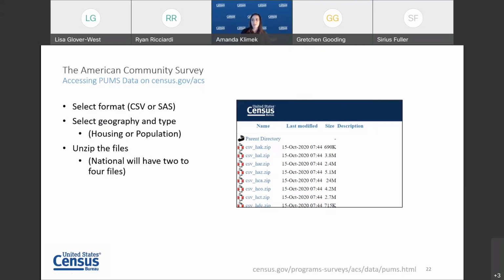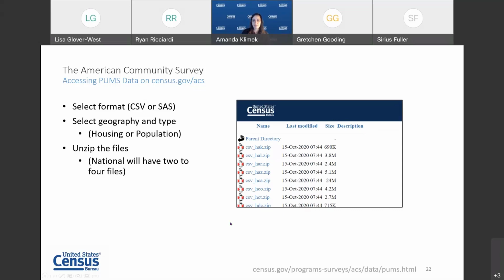So you can see there's a CSV that tells you it's going to be a CSV file, and then there's an underscore, and there will be an H or there will be a P. The H tells you it's housing, and then you have the last two letters, which are the state. So the very first file you see in the screenshot tells you it's a CSV file, it is a housing file, and it is for the state of Alaska. If you want, for instance, the US file, you will do US, so it'll be CSV_HUS.